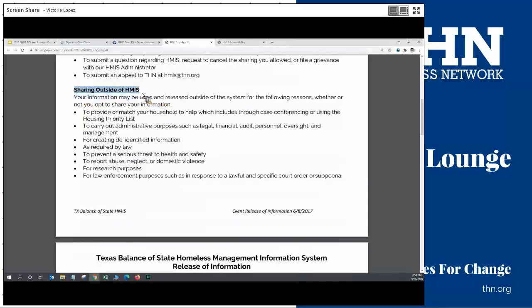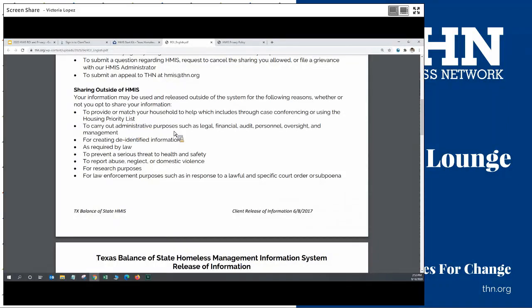Here are the instances where your information may be shared outside of HMIS. Your information may be used and released outside of the system for the following reasons, whether or not you opt to share your information. These situations would be to provide or match your household to help, which includes through case conferencing or using our housing priority list.